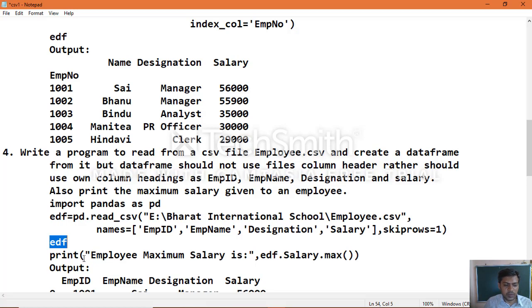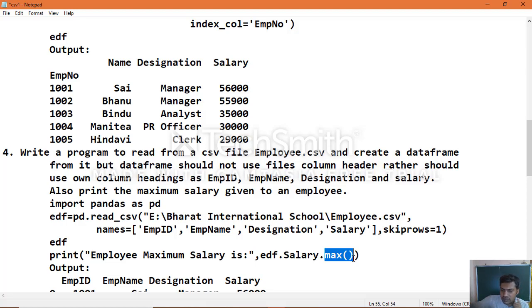Then if you want to print the maximum salary of the employee, we can use the object name dot column heading dot, and there is a predefined function in the data frame, which we call aggregate functions. That statistics concept has been removed from the syllabus now.